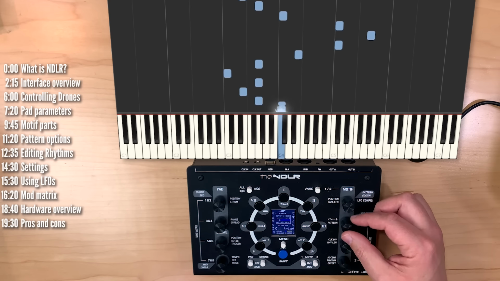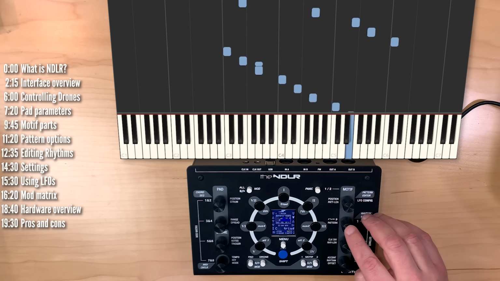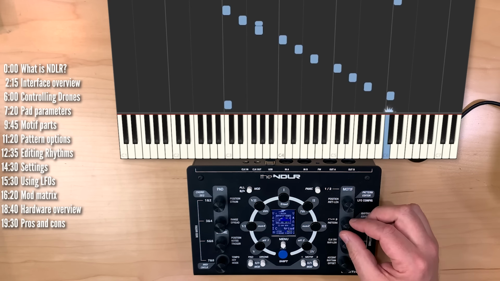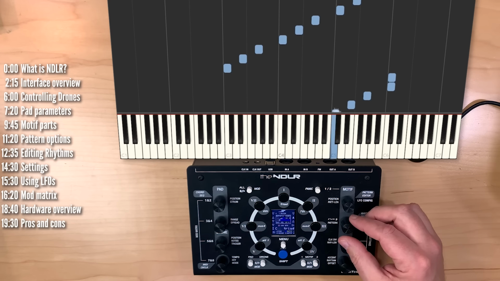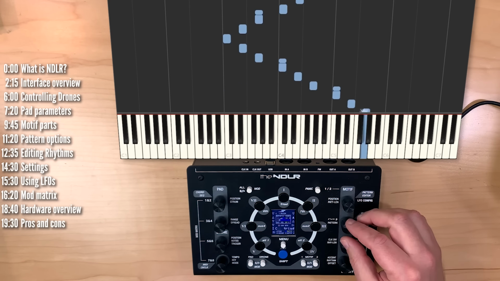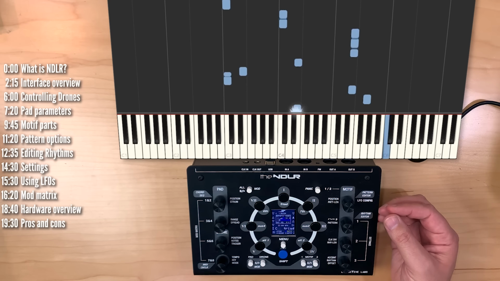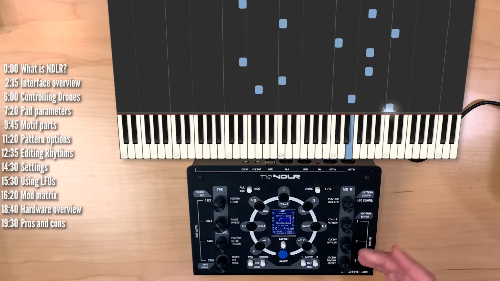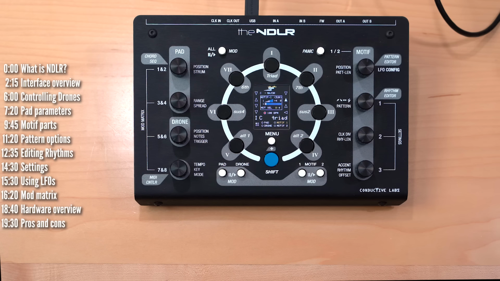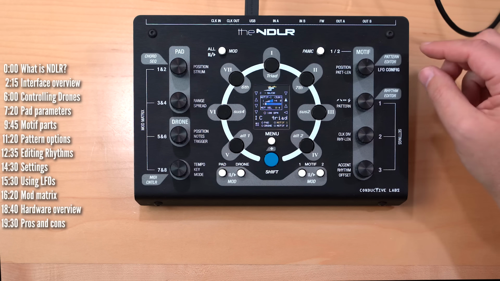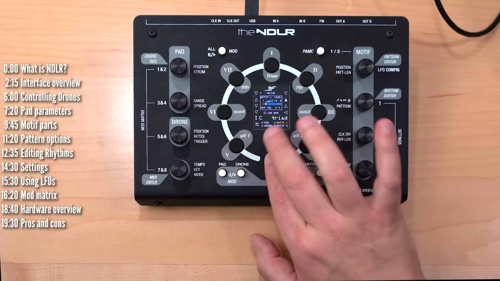If I go back to the original simple pattern, you can play it in different directions. Play it down, up and down, repeat the notes on the edge, odd and even, and then randomly. So up until now, everything you'd expect from a typical arpeggiator. Now, this sounds like a simple arpeggiator, but if I enter the pattern editor by hitting Shift and Menu and